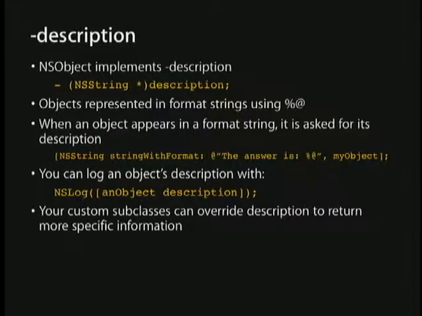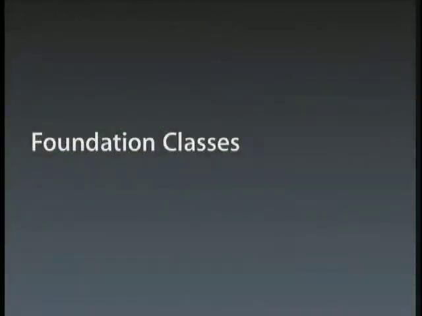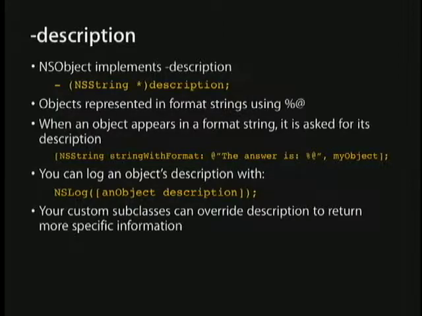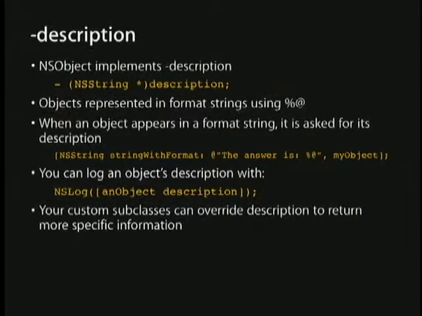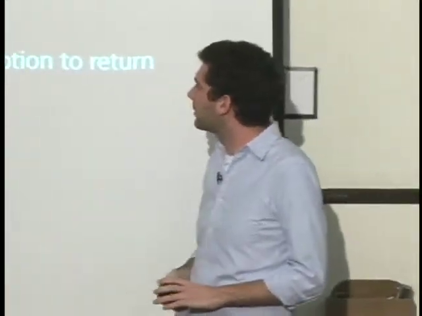And as I mentioned, custom subclasses can override the description method. We have two at signs in the arguments. What is the first at sign? Oh, right, sorry. I'm not sure how I skipped over that. So the question is, there's two at signs in that particular line there.